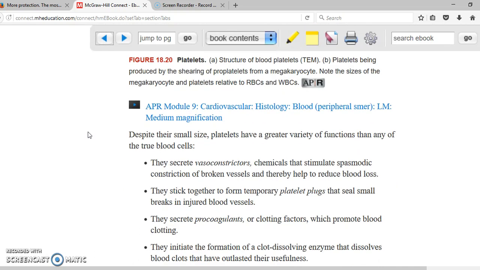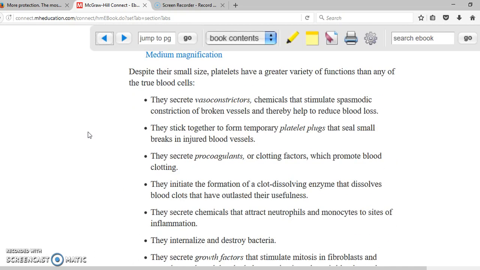So what's the function of the platelet? It has quite a few functions. The very first one, and the one that corresponds to hemostasis, is that the platelets are going to form something called the platelet plug formation. Right, that's the first part. It's going to be part of the platelet plug formation. Not only that, the platelets are going to secrete some chemicals that are going to produce vasoconstriction in the blood